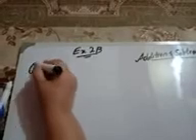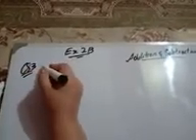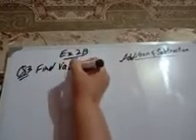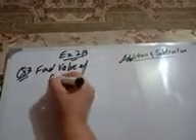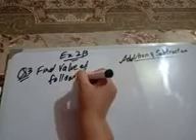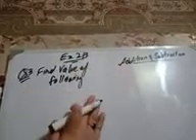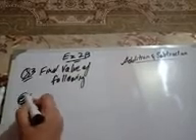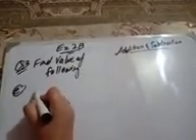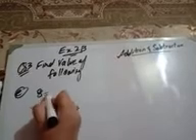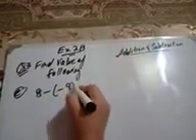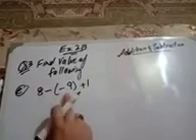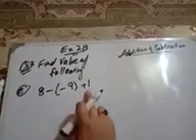Next, question number 3: find the value of the following. Question number 3 is a combination of question number 1 and question number 2. So just take part E. Here are 3 integers: 8 is a positive integer, minus into minus 9 plus 1. 8 is a positive integer, 9 is a negative integer and 1 is again a positive integer.